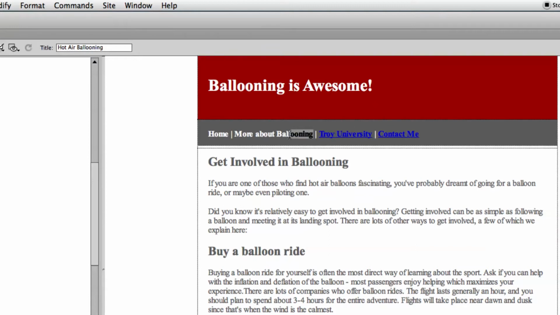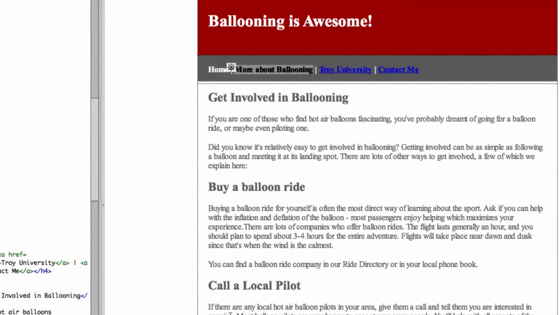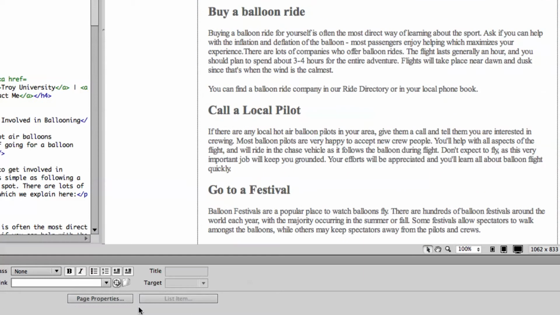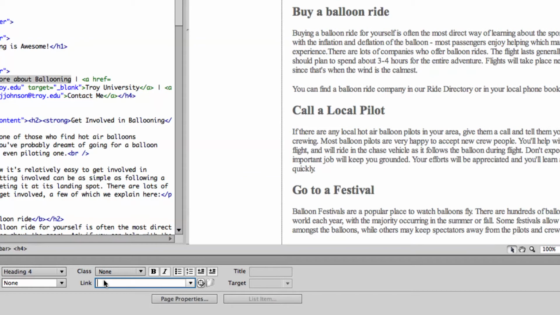Now this, more about ballooning. We haven't created a second page yet, but we could do that. I'm going to say more about ballooning, and let's go down here. We haven't created that page yet, so what I'm going to do is put in the hashtag down where it says link. What that does is kind of a placeholder. It makes it a link, but it's not going anywhere. It's just going to stay on the same page. Eventually, when we create that second page,